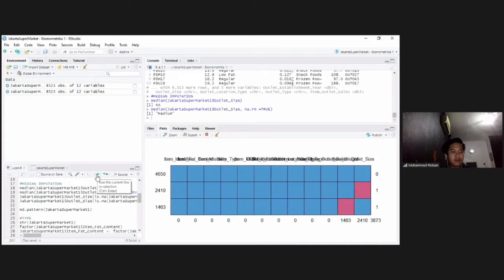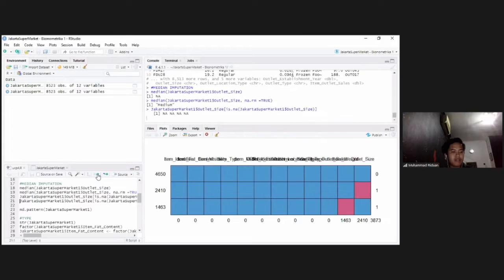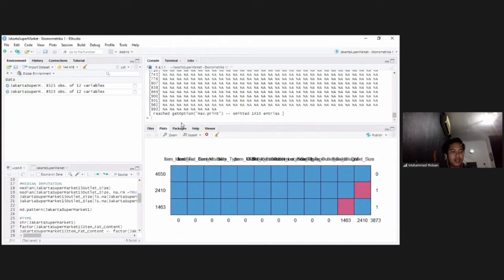We run this command, then the data appears in which column the outlet size value is still NA. Then we input the median that we have been looking for earlier to the NA value in each column in the outlet size variable.